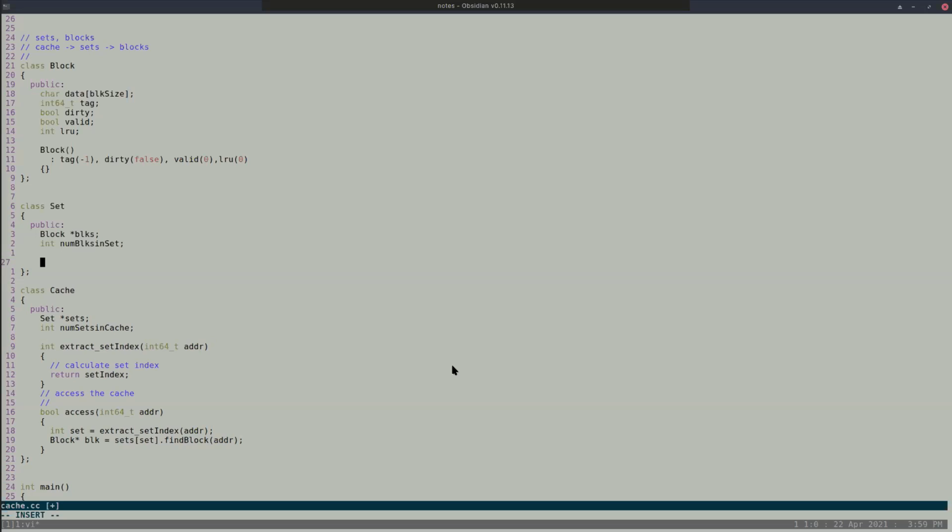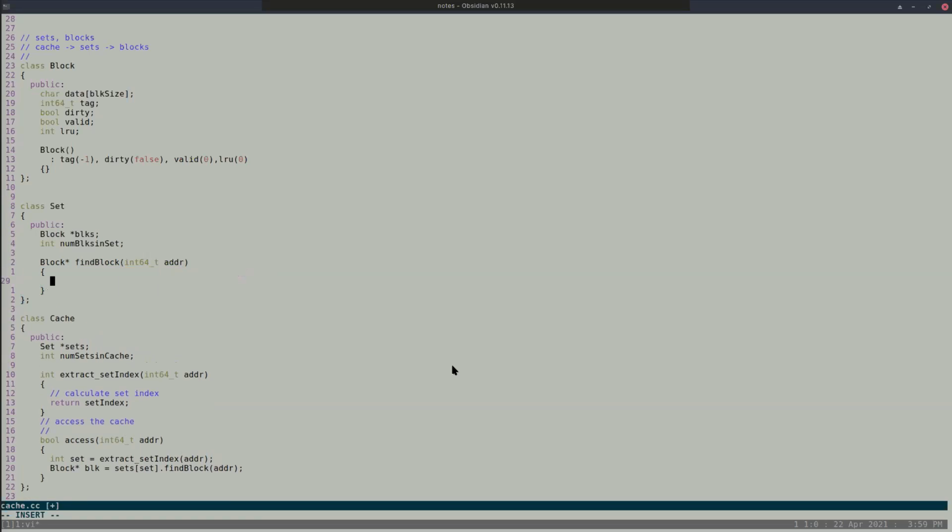Okay. So now I'm writing the find block function in the set class. How do I write it? I have to return back a block pointer. Forget about the addressing and all, and don't worry about the splits and things like that. We'll come back to it. Rome cannot be built in a single day, right? It takes some time for you to figure out what is happening. So let's go step by step. That's why I'm coding it live, so that we are figuring it out together.